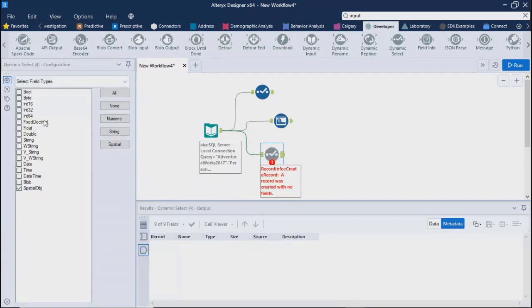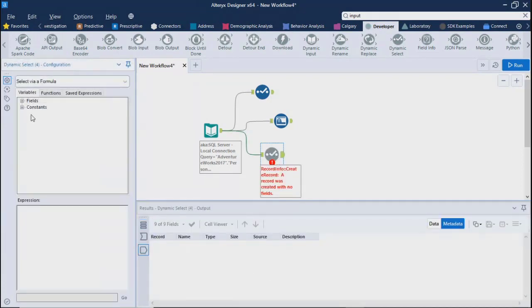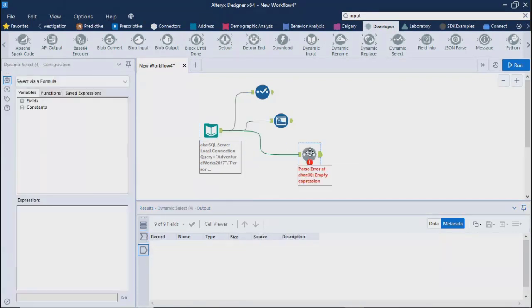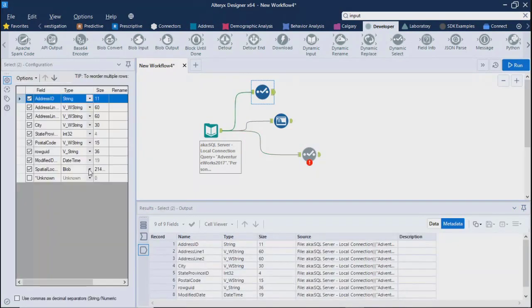So as of now, if you come here to fields, okay, it has one, but its data type is blob. It is not a spatial object. That's why it might have failed. So let's see over here, do we have anything? Okay, it has a data type called spatial object. So let me do one thing.